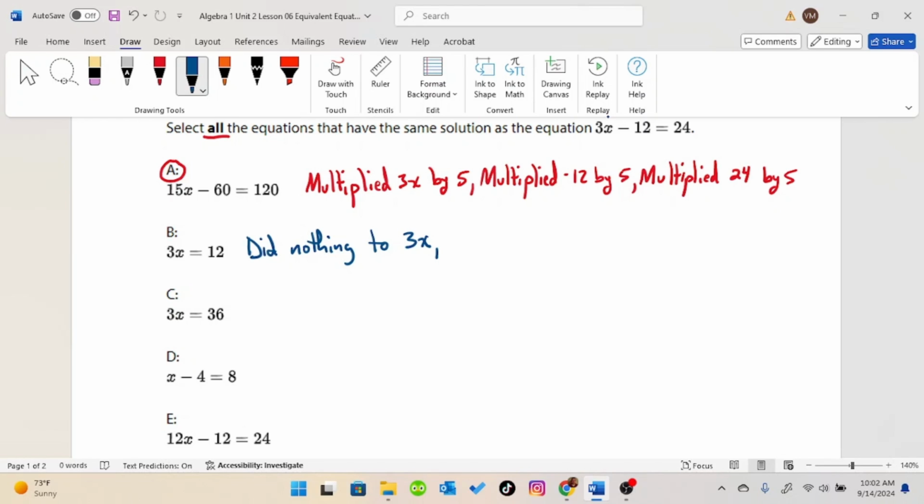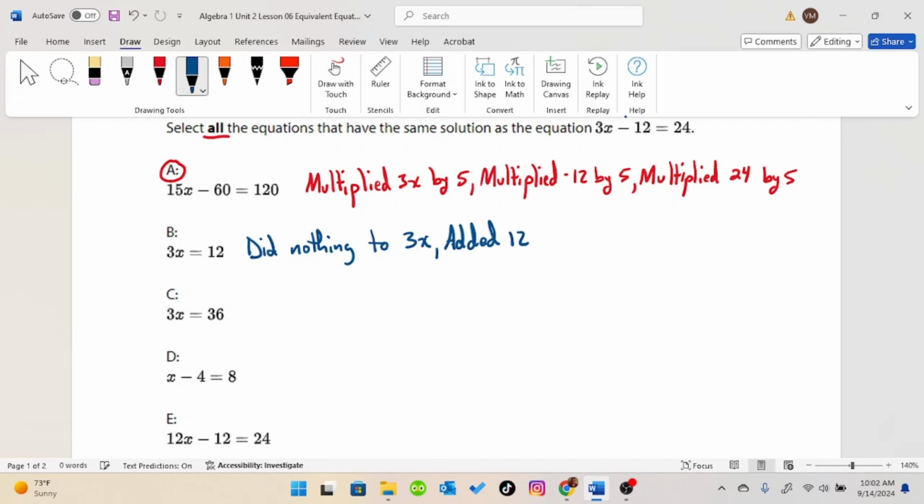To get 12 on the right side, we would have had to subtract 12 from 24, but if we subtract 12 on the right side, we would have to subtract 12 on the left side, and that would give us negative 24. So they